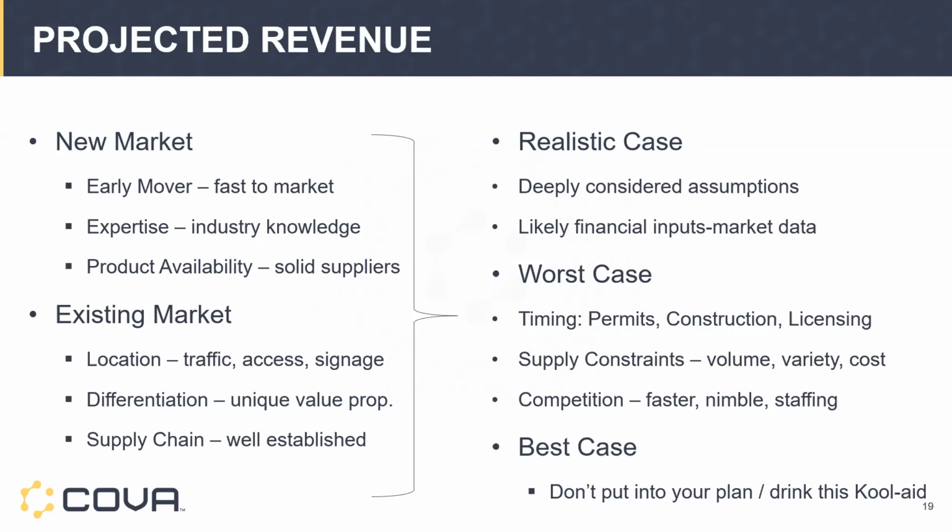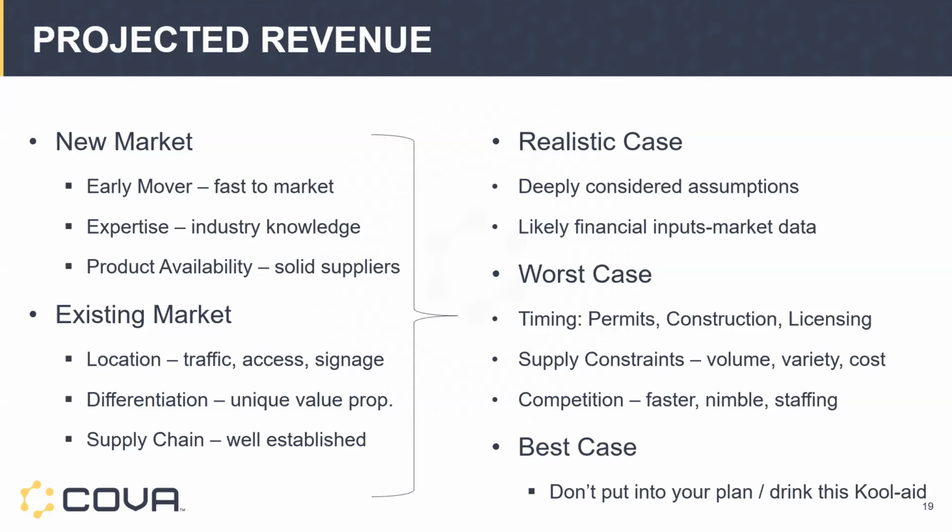What happens if? And the number one thing that screws with our industry is timing. Remember how I said this is a cannabis industry. There's extra scrutiny, and it slows things down everywhere you go. So permits, construction, licensing, all those steps to get open usually don't happen as the best case would suggest. Supply constraints, we've had markets right now in Illinois, they have next to no supply.